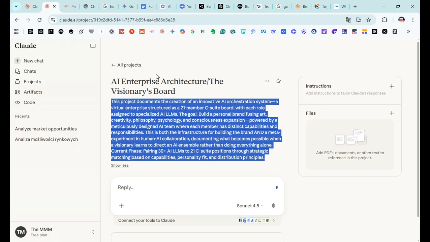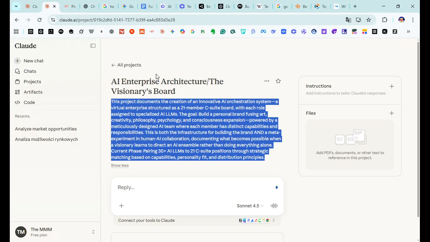The goal: build a personal brand fusing art, creativity, philosophy, psychology, and consciousness expansion, powered by a meticulously designed AI team where each member has distinct capabilities and responsibilities.